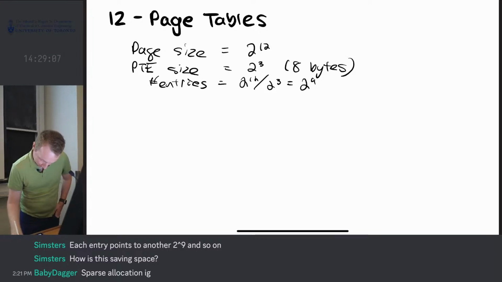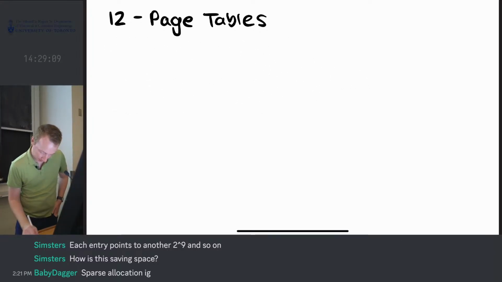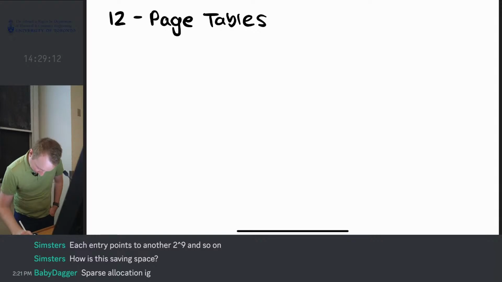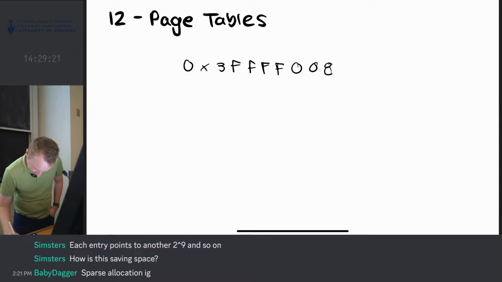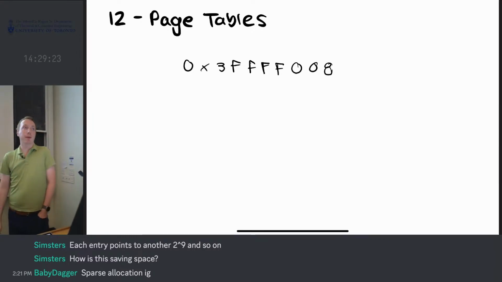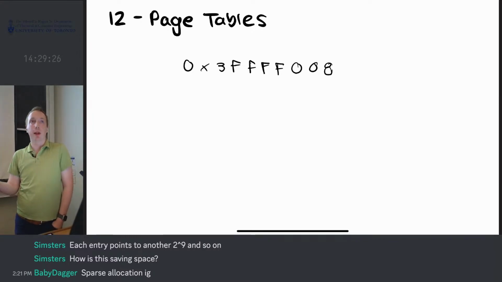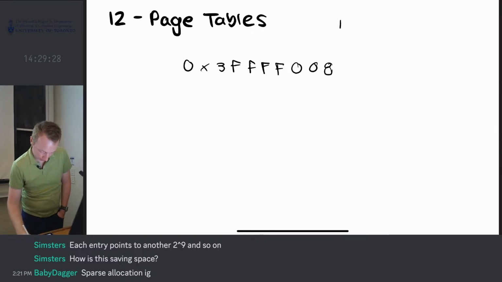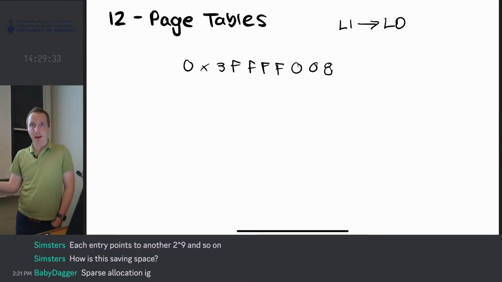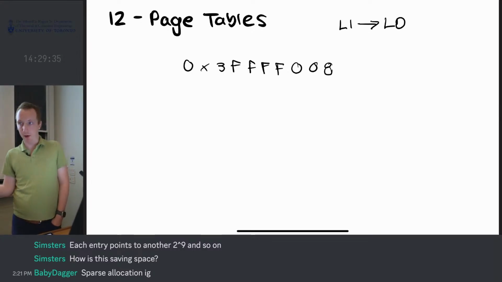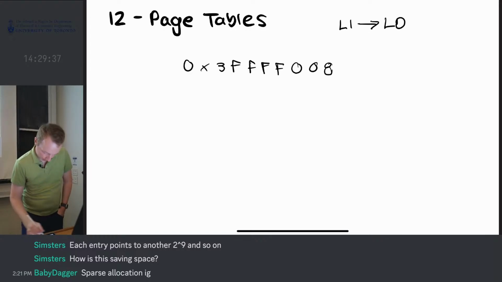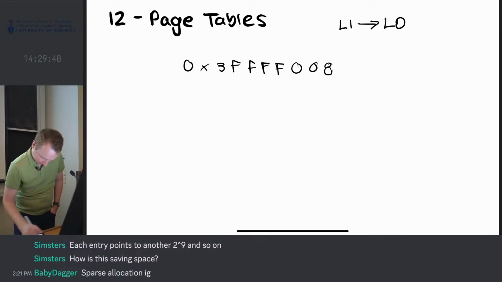All right, so say we have some crazy address. We'll have the address in hex, 3FFFF008. And we will assume that we only have like 2 levels of page tables. So we have an L1 that points to an L0, and then in the L0, that's where our actual lookup is. So if we take our address here,